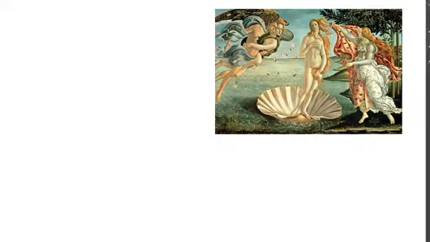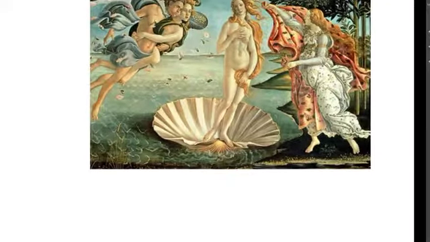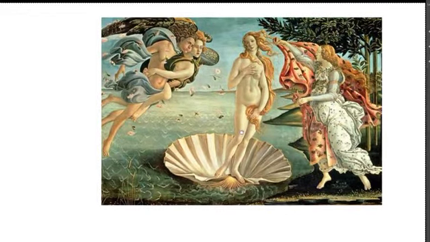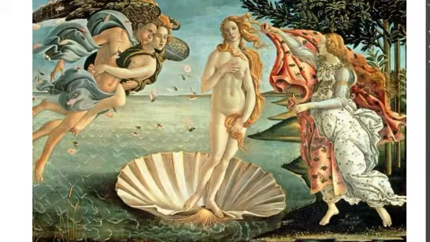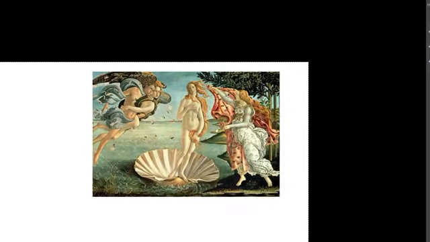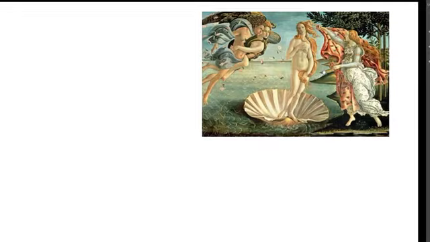Good morning. Today we're going to talk about our lesson in terms of this painting by Botticelli. This is called The Birth of Venus, and there's a lot going on in this picture that we've been studying. The first thing I'd ask you to notice is that Venus is standing at the absolute center of this picture, and everything going on around her is radiating from her. So if we think of the picture like this,